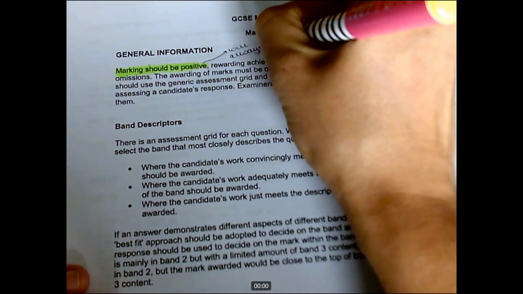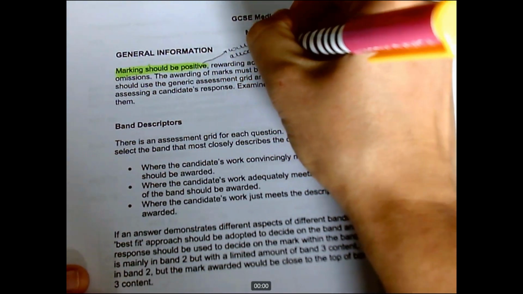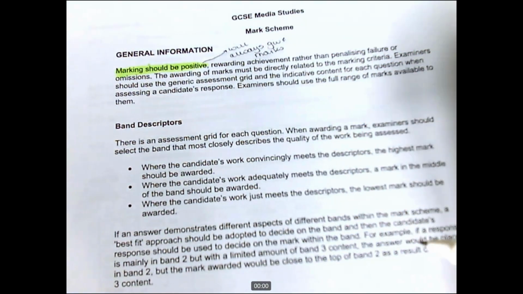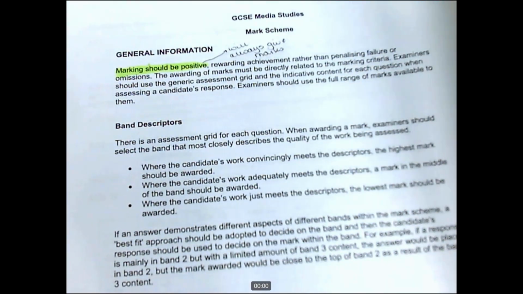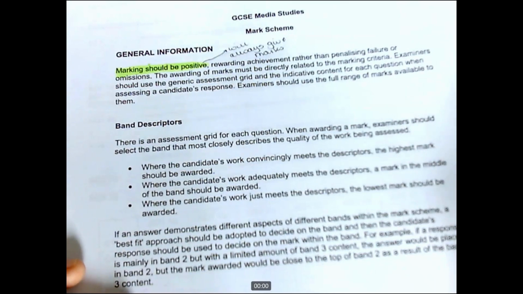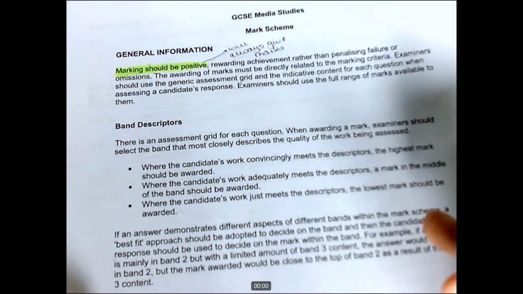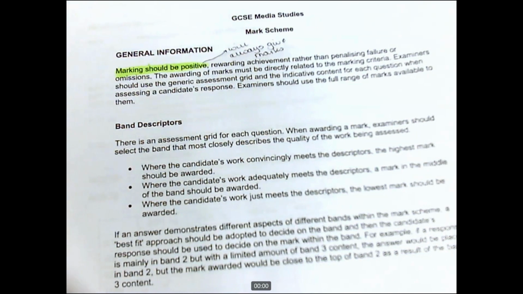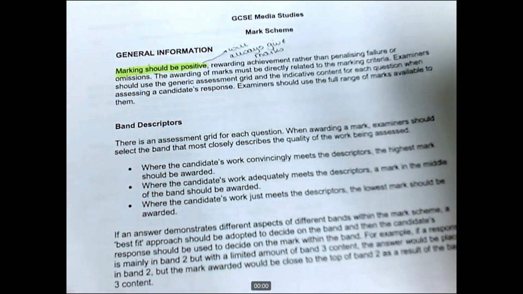So one of the ways that I like to explain this to my students for both English and media is to think that you're not starting off with 100% and they are gradually taking marks away from that 100%. You're starting off with 0, and basically anywhere that you can get a mark, they will give you a mark. So the examiners are always looking to give you marks, which is why if you don't write an answer to a question, you have thrown away your chance at getting marks. The examiners are not looking to take away or to penalise or to fail you. They're looking at rewarding you where possible.